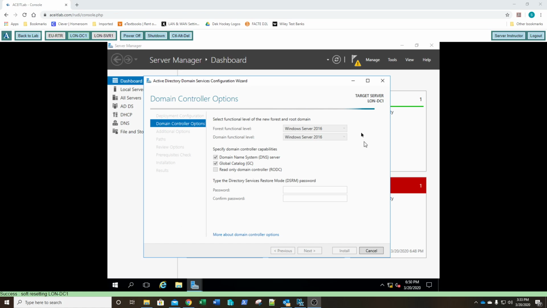Okay, so once it verified that that root domain name hasn't been used, we can see that we can use a functional level of Server 2016. That's our only server, so that's what version we're running. That's what functional levels we can run at. It's going to have the domain name server role installed. It's also going to be a global catalog. You have to have at least one global catalog in every site. We're going to set